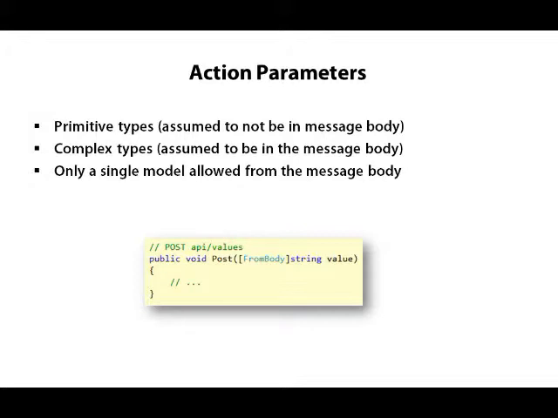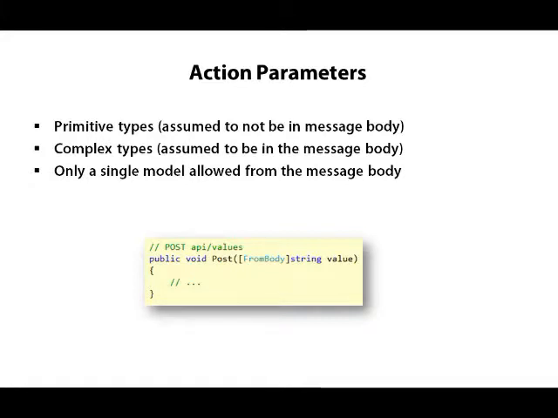And what's also different is how we map incoming data into parameters in an action method. I've already shown you that we can get a simple integer ID parameter into an action method, and we did that when we went to /API/videos/5 with a GET request. The 5 represented an ID, and we ended up in the action taking an ID parameter, and the value was 5. So by default, the Web API assumes that primitive types, like integers and strings, will be somewhere in the request, and it's going to go looking for them,